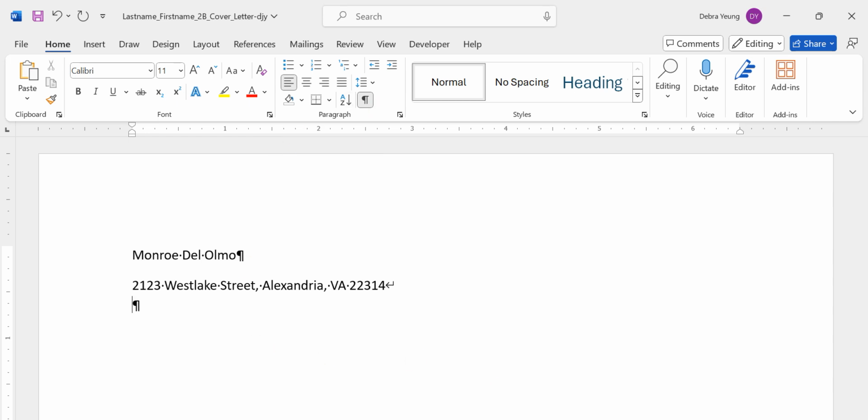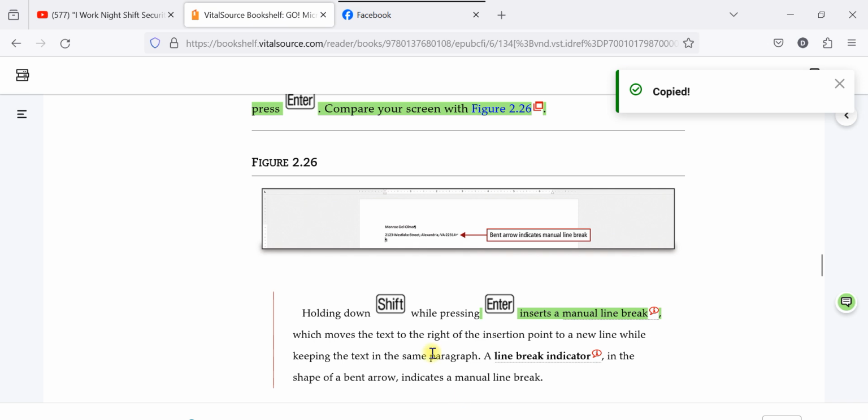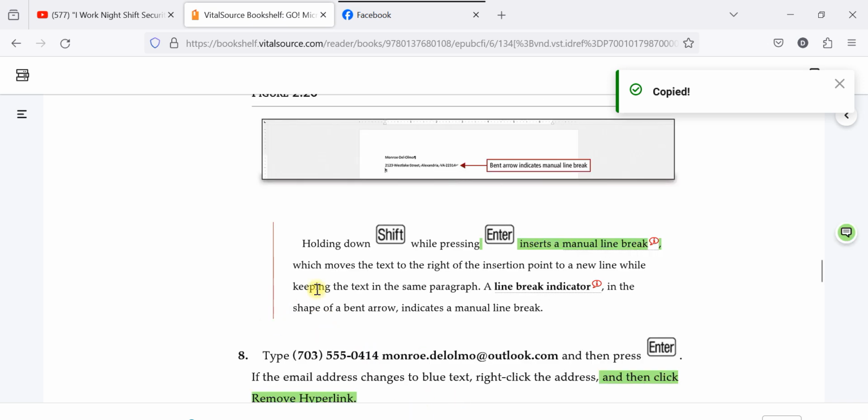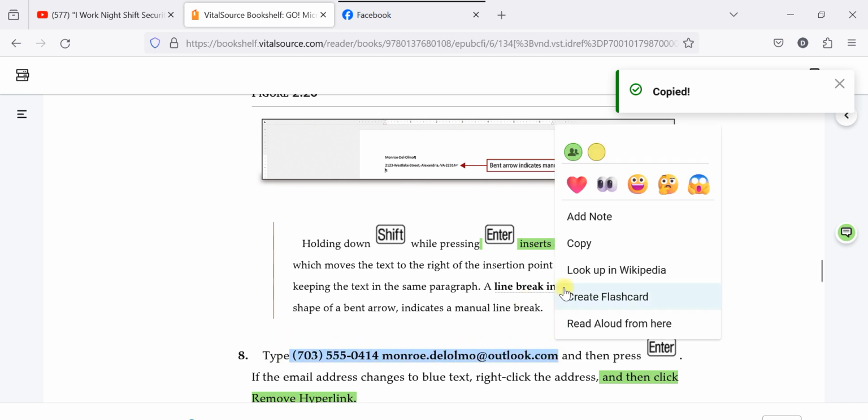That's the key factor here. It is not the same as pressing the Enter key. Now they call it a line break indicator, and it's the shape of a bent arrow, and it indicates a manual line break. Yes. So once we've done that, then we're going to type in all this information, the phone number